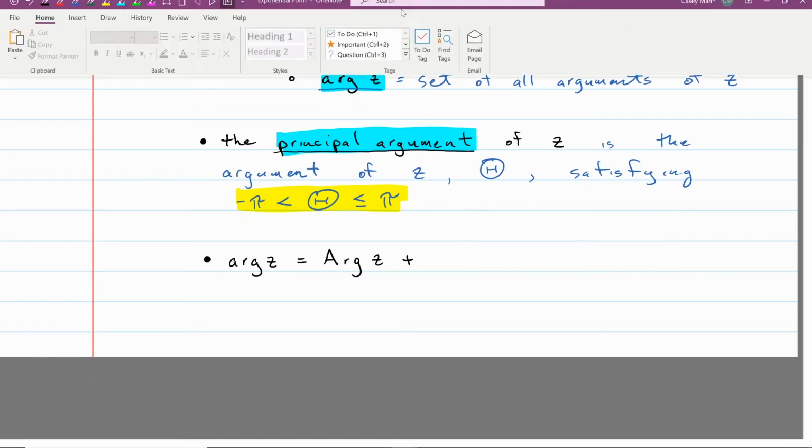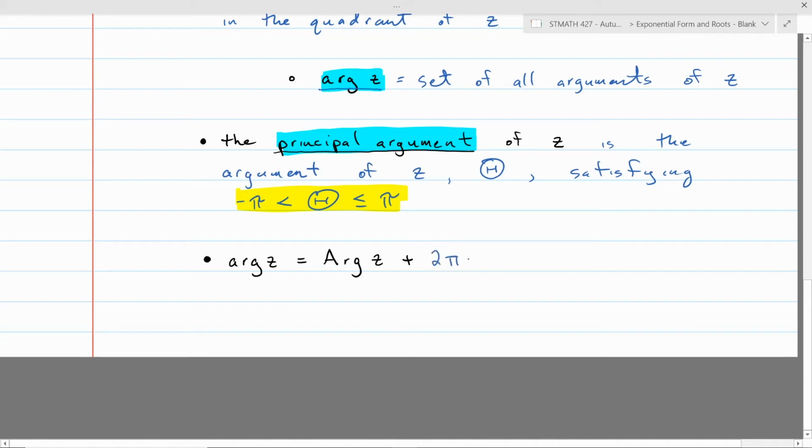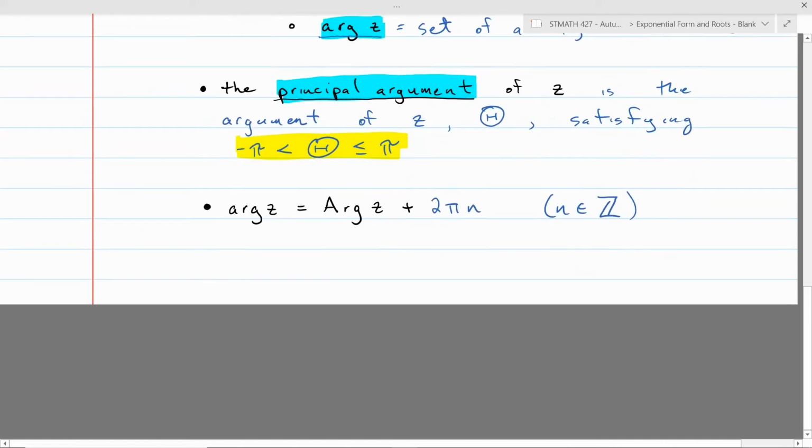So there's a little bit of a relationship here that we can make note of. Arg z as a set. This will seem like kind of strange notation, but let me abuse notation a little bit because that's the way the book does it. You can think of arg z, the set of all arguments, as just the principal argument plus 2 times pi times n, where n is just any integer. It's a little bit of abusive notation because on the left-hand side, that's a set, but arg z is just a number. Probably a more accurate way to say this would be arg z equals the set of all thetas, where theta equals